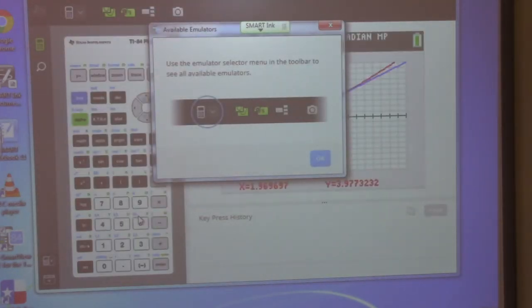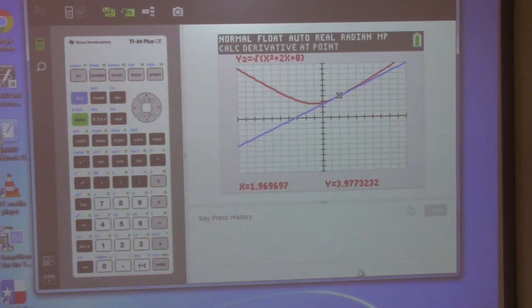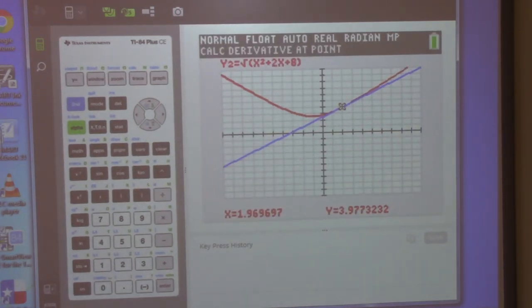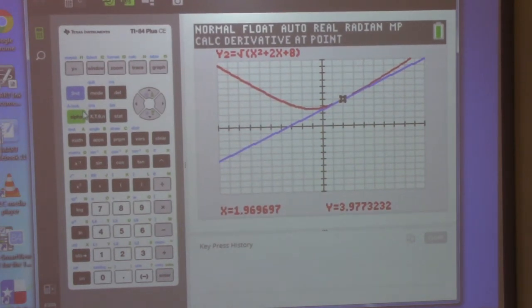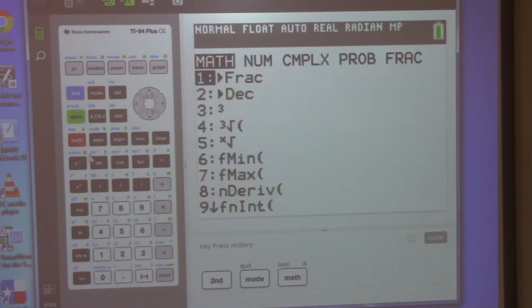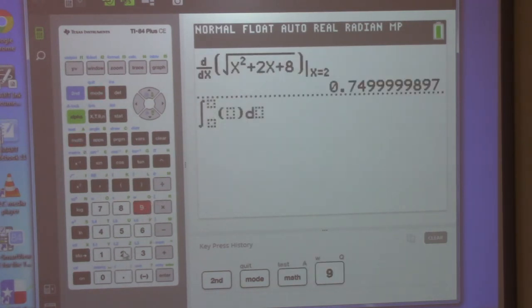Press mode. Very aggressive. You press math. Math 9. Math 9. So anyway, go to Math 9. Let's get out of this mode first. So I'm going to go to Math 9, which is find integral,